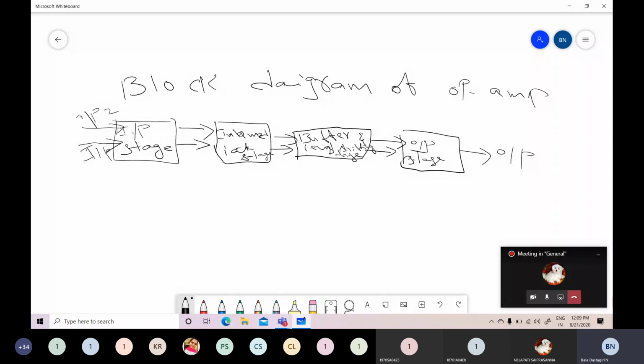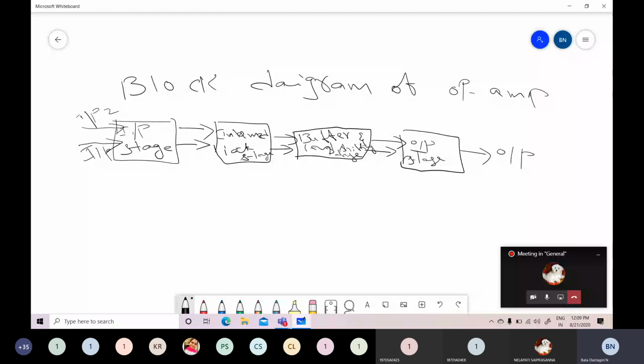Hence, before the output stage, it is necessary to bring any high DC voltage level to 0 volts with respect to ground. Therefore, a level shifter is used to bring the DC voltage down to the ground potential with no input applied at the input terminals. Okay, then the signal is applied to the last stage, which is the output stage.